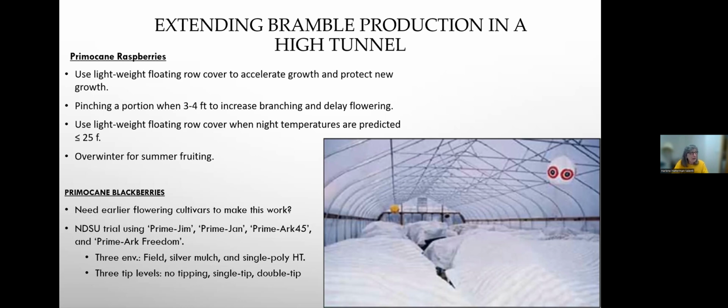Then when you think about the primocanes, their main part of fruit production is in that fall period. And so with the high tunnels, you're going to, again, need to utilize those floating row covers to get you through a few of those nights that the temperature drops below freezing. And especially, high tunnels, they will